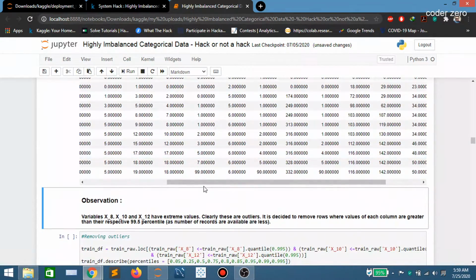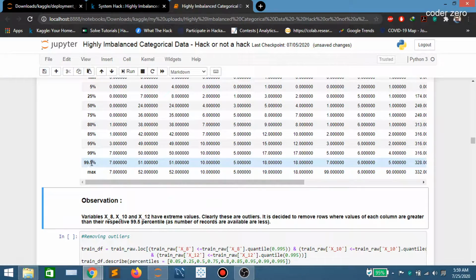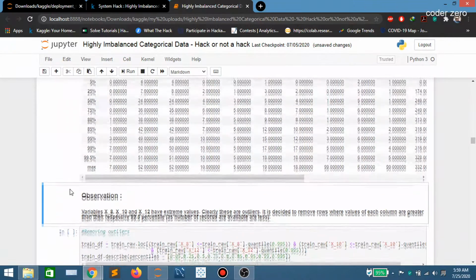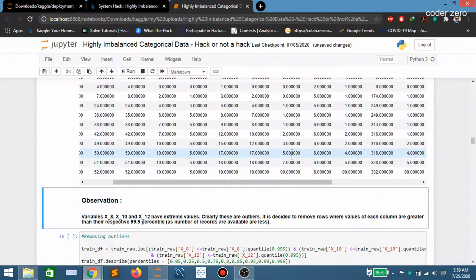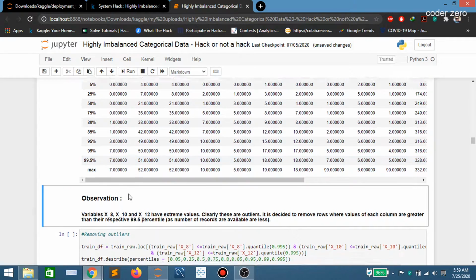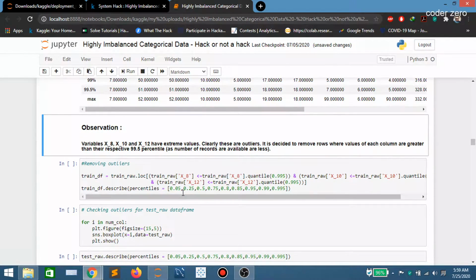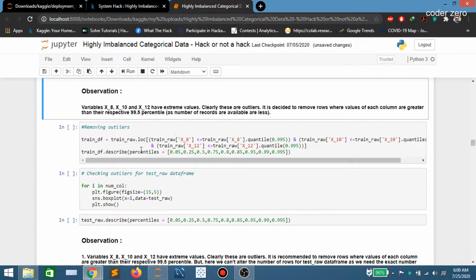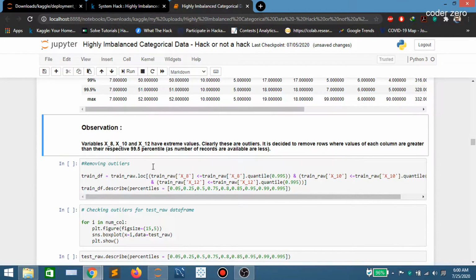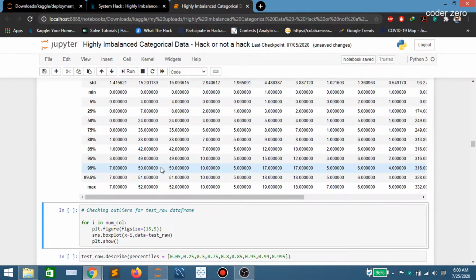Here we have selected 99.5% as a threshold value to remove outliers, because before this there is no visible gap, but here the gap is very large. That's how we selected this value. Also, we have a small number of data points, so it's a win-win. Let's remove all values that are greater than the 99.5 percentile. So we are removing outliers. Now you can see the distribution.